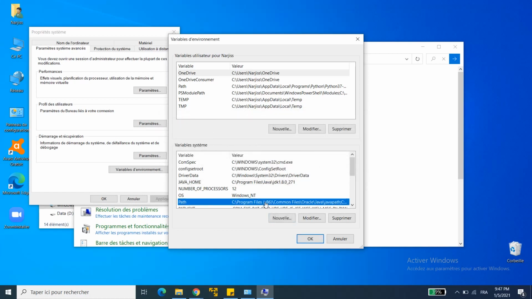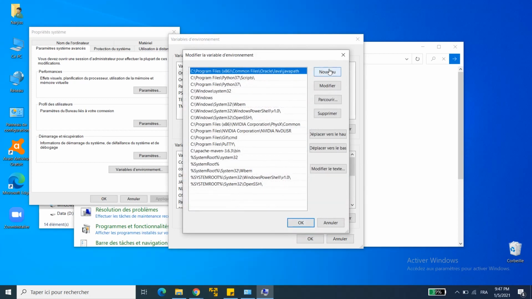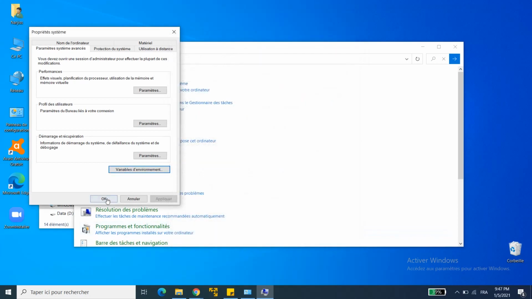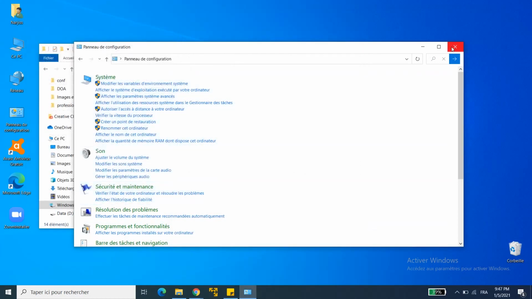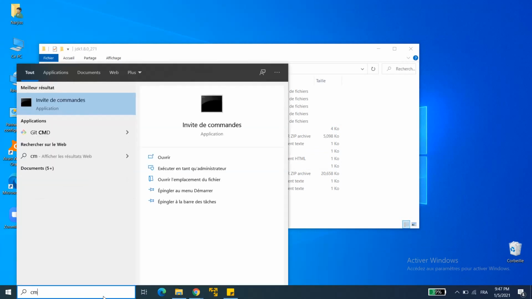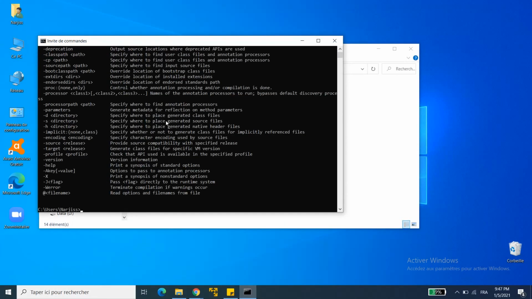Now in the path variable, we're just going to modify it and add a new path, which is the same path, but we're going to add to it the bin folder. Click on OK, OK, and another OK. Close the configuration panel. Now I'm just going to open the command line, type javac, and it's working.